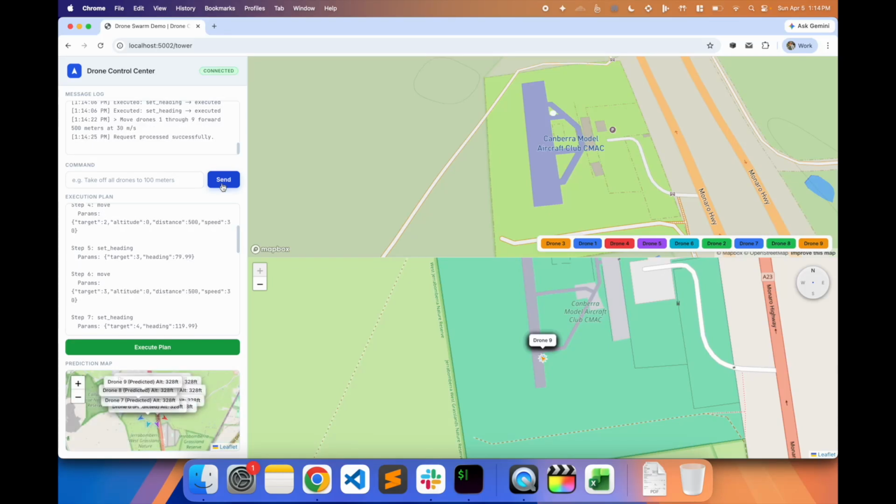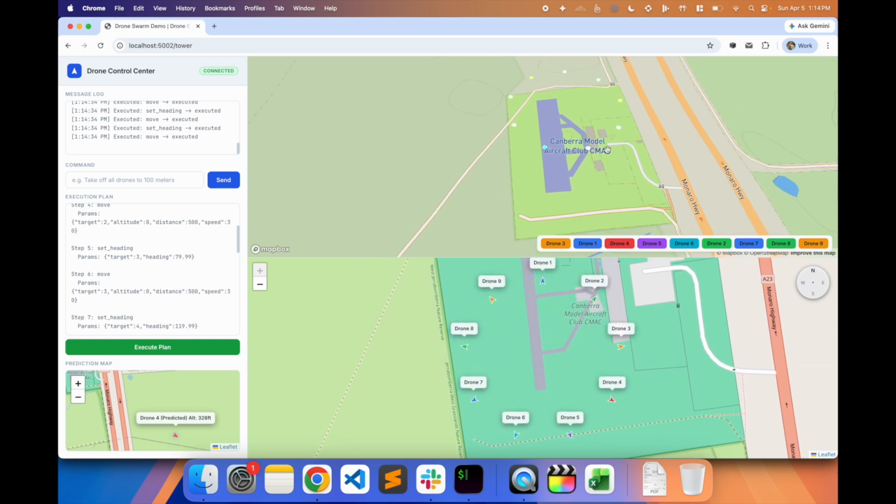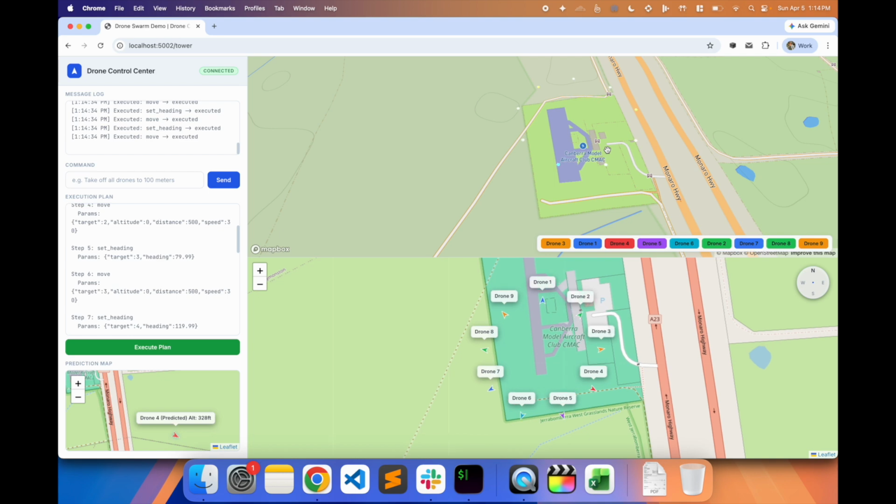In this demo, we're going to build an AI-powered drone swarm controller from scratch, and we'll use an AI coding agent to do it. Here's the system we're building. Simulated ArduPilot drones running in Docker communicate over MAVLink, and we use RTI Connext DDS as the middleware layer to